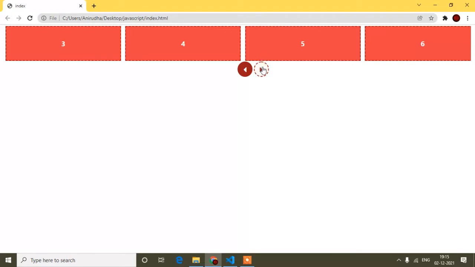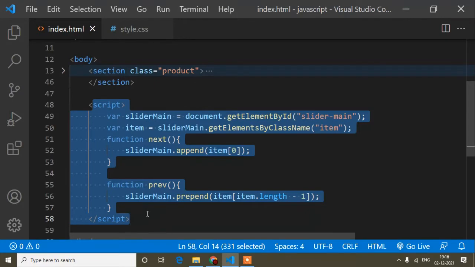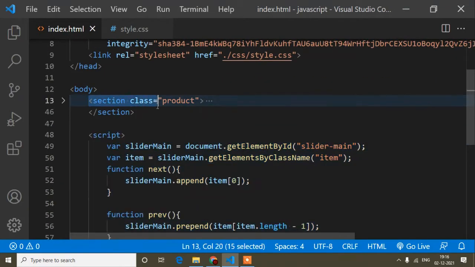And guys, in the next video I will also show you how you can add the animation, because when I click the next button it's sliding but it's not animated, so it's not looking like a slider. But this is not the important thing. The important thing is dynamic, because we may face this kind of scenario. We need to add multiple sliders in the same page, right? At that time, the scripting part we will not copy and paste. The scripting part will be the same, just the HTML part we will copy and paste.